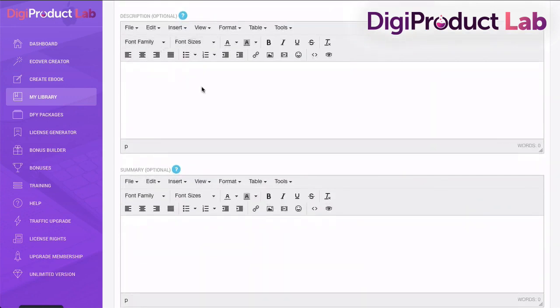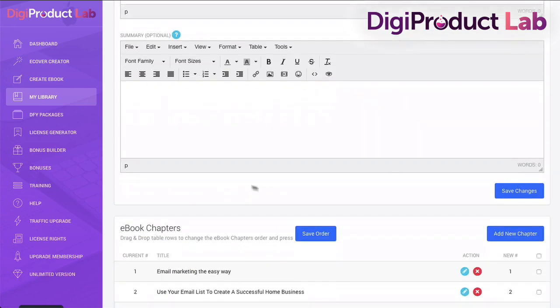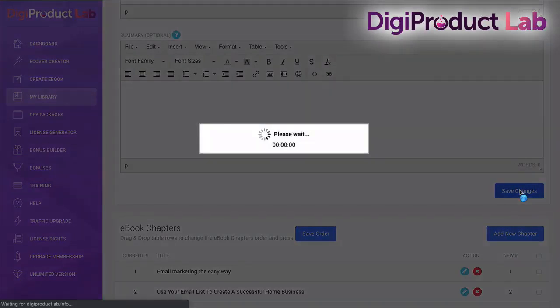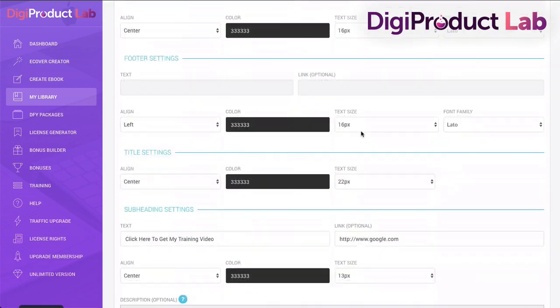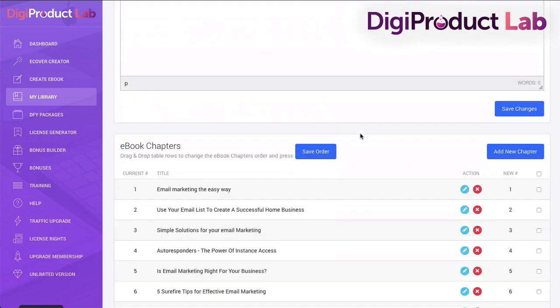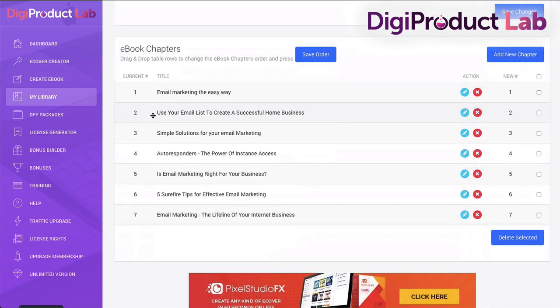These are descriptions, so these are just for your own purposes. And then this is very, very important: click the save changes here, and this will save your work so far. You'll see that the image of your book now gets displayed. Now we're going to continue down to the section which is the